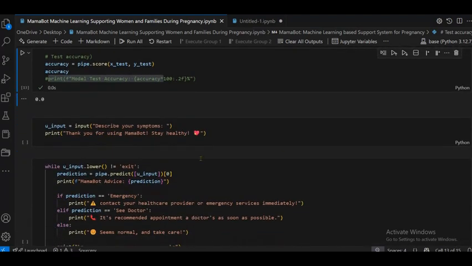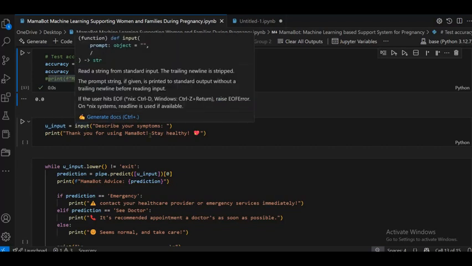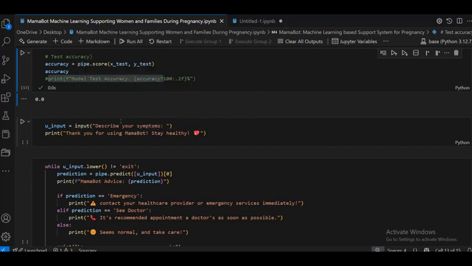Now I want to take input from the user. If the user inputs any symptom, so first we create user_input equal input, then I pass the argument describe the symptom, then print thank you for using Mama Bot, stay healthy.